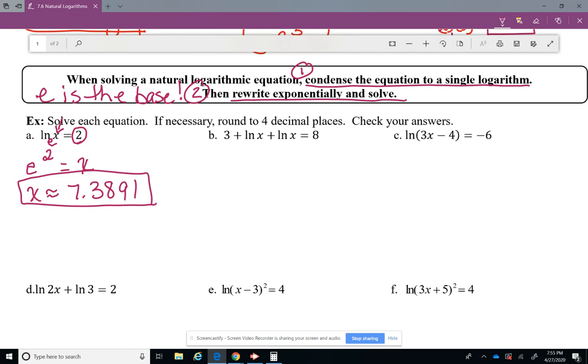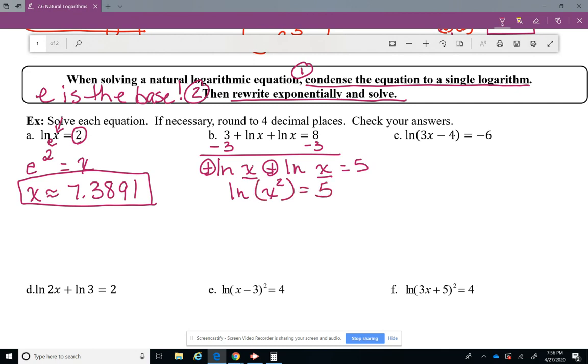All right, let's look at the next one. We want to get the natural logs on one side of the equation by itself. So we've got to get rid of this 3. So we're going to subtract 3 from both sides. And we're going to have the natural log of x plus the natural log of x equals 5. All right, now we see that these have plus signs in front, so they're going to be multiplied. So the natural log of x times x, which is x squared, I'm going to put that in parentheses,